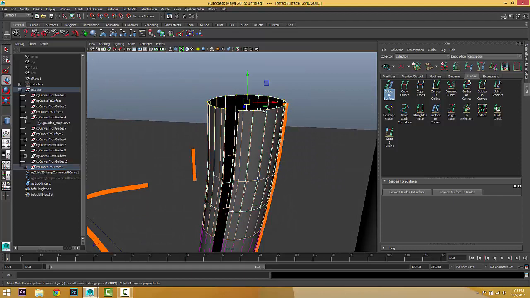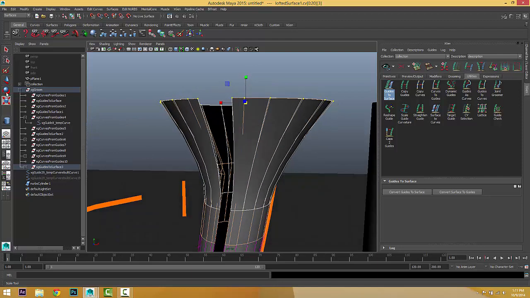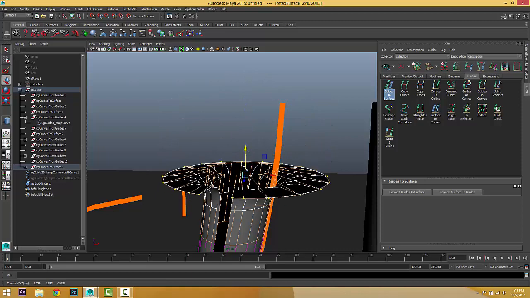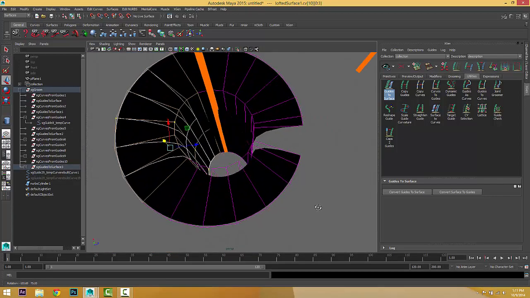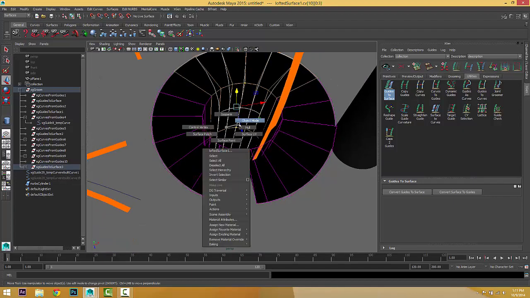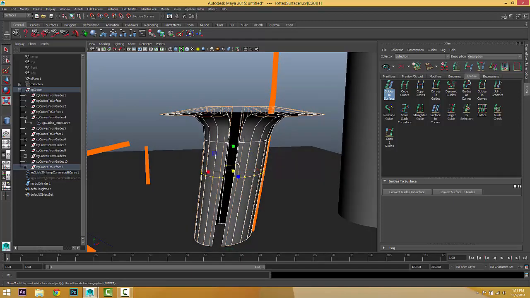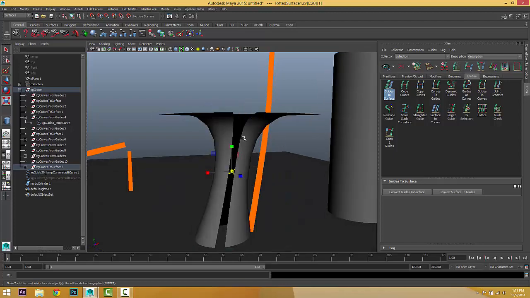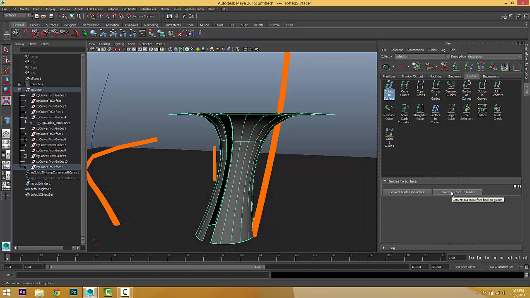Select the hole, then scale it and move it down, and select this hole. So you can change the shape, and after we change the shape, we can convert back to guides.